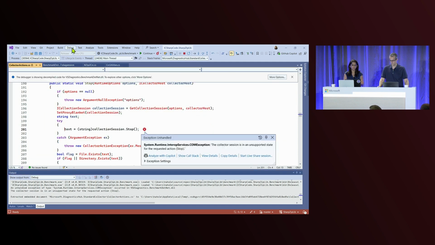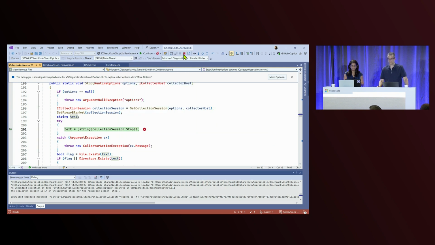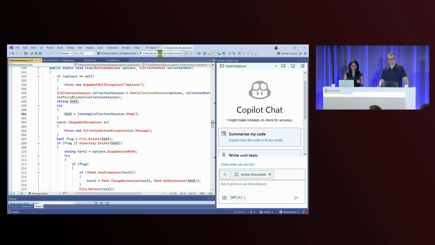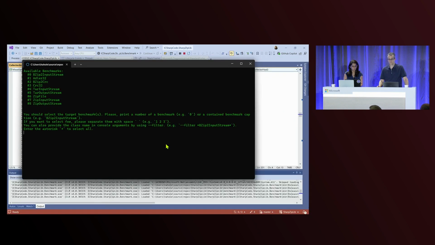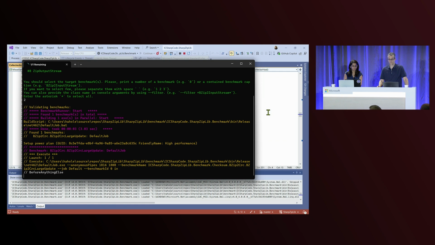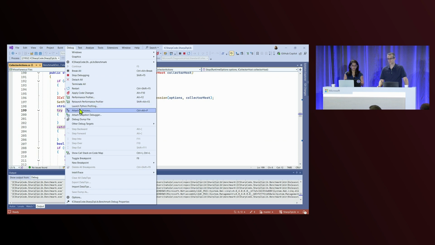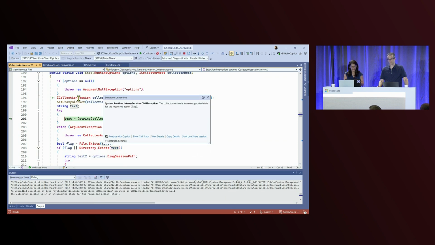All you need to do is go to the debug menu.